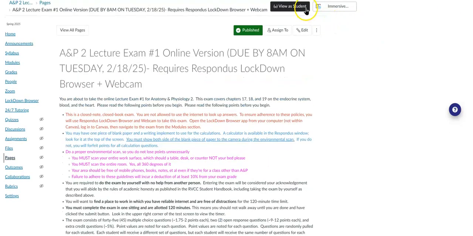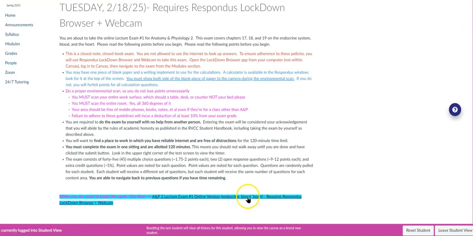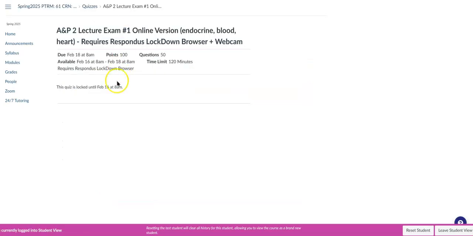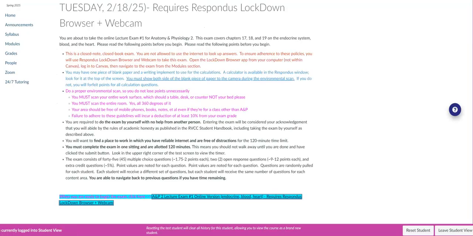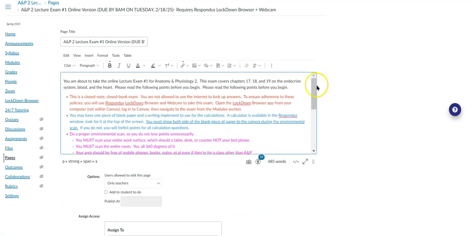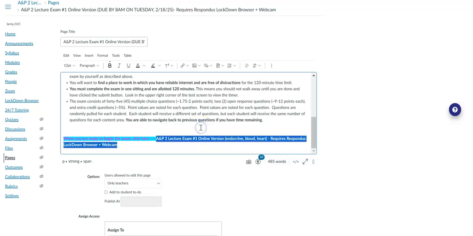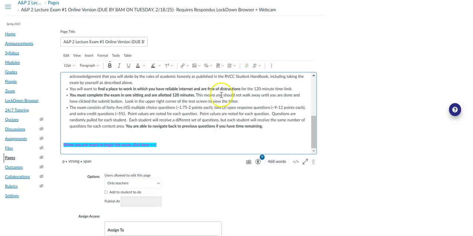And if I put this in student view, I see the same thing. They should get a page that says, yep, so that looks good. So I know that it's linked properly. If it wasn't linked properly, then what you would do is click edit, and then I'm going to scroll down to where the test is linked. I hovered and then did a left click on the mouse, remove the link, delete it,